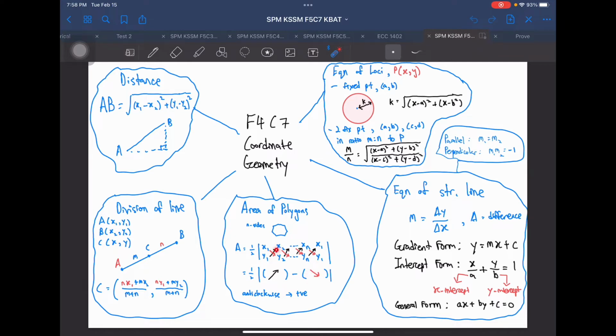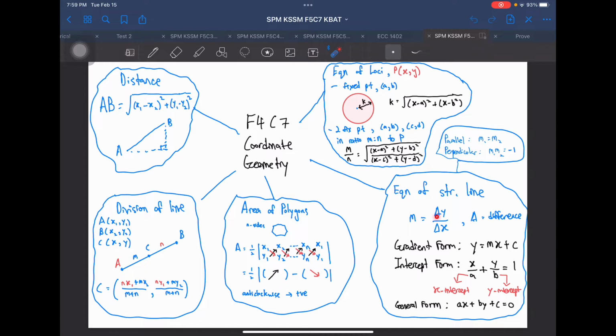And for the other one, you calculate the sum of y1 times x2 plus y2 times x3 and so on to yn times x1. So this is the term for this, and you just calculate it. You get the area of this polygon. Okay,